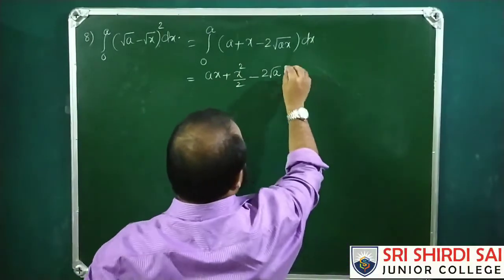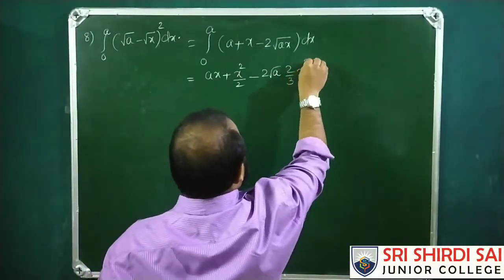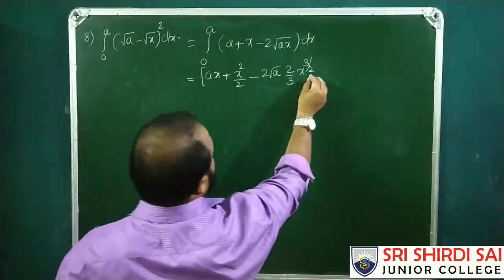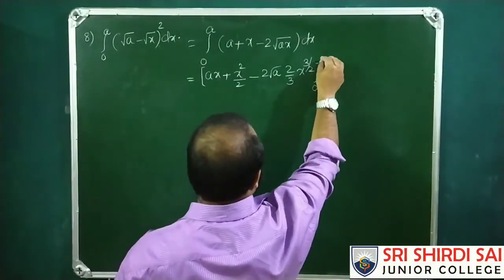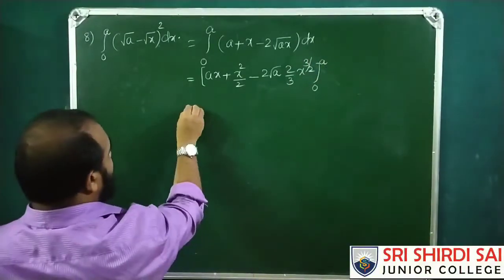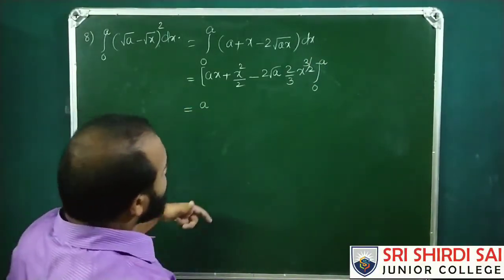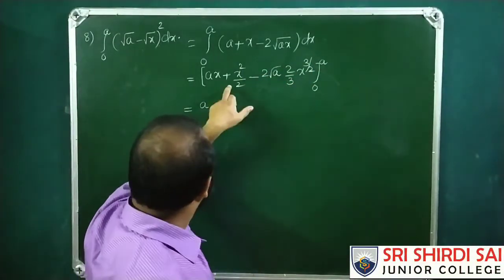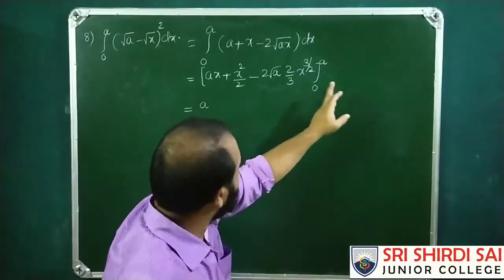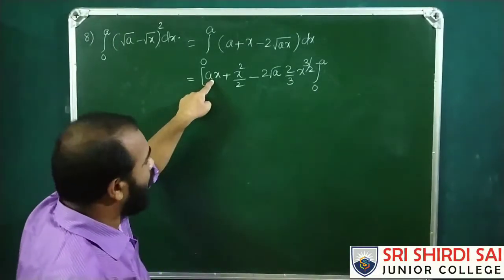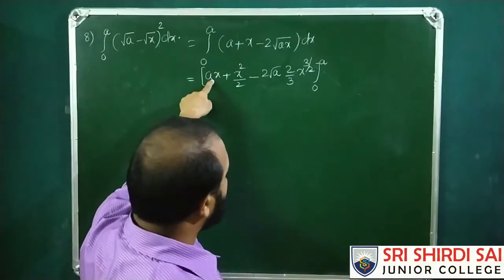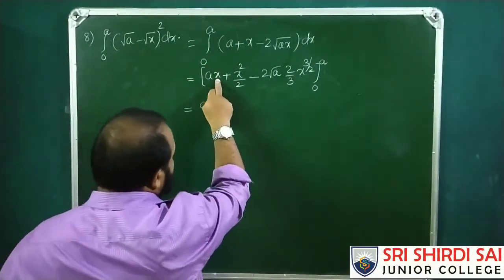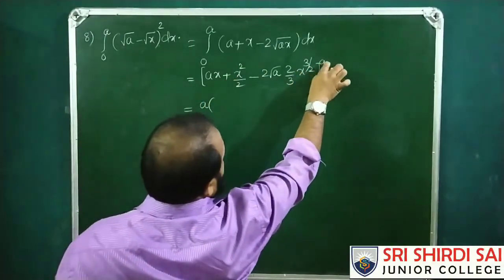Integral root x dx is 2 by 3 x power 3 by 2. Since the process of integration is over, we need to write here the upper limit as well as the lower limit. You can substitute the upper limit as a whole, minus the lower limit 0, for all this. Otherwise, individually also you can substitute upper limit minus lower limit wherever you find x. So here, in the place of x, upper limit minus lower limit,